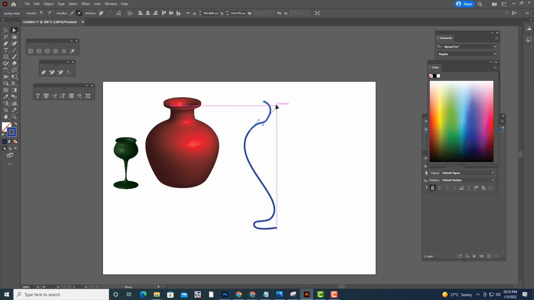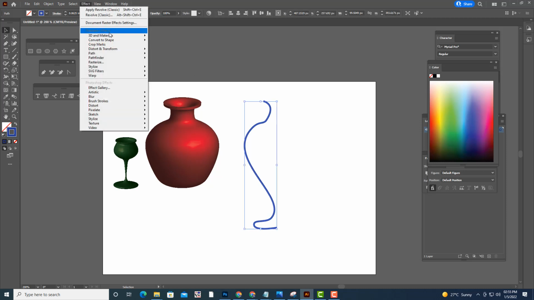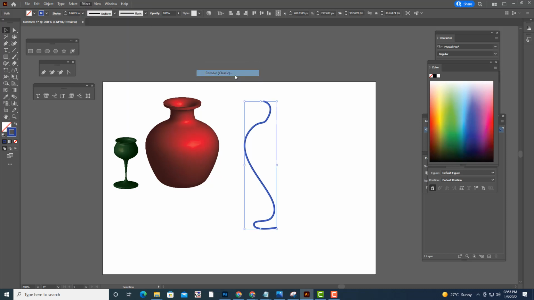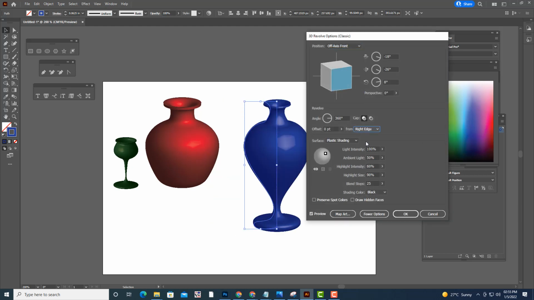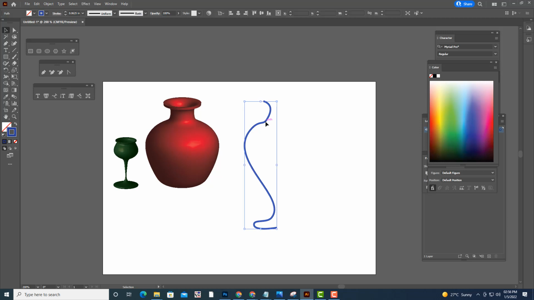Okay. We'll then apply revolve to this. Okay, so something like this. Okay, we'll also change it a little bit in the neck area. Okay, we can actually keep it like this. Okay.